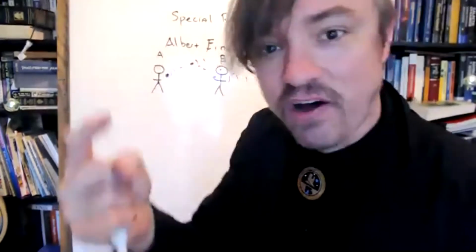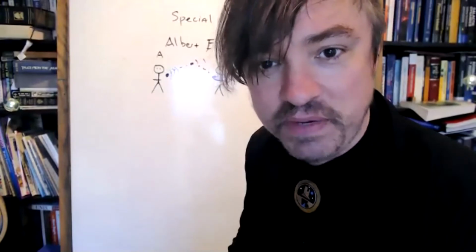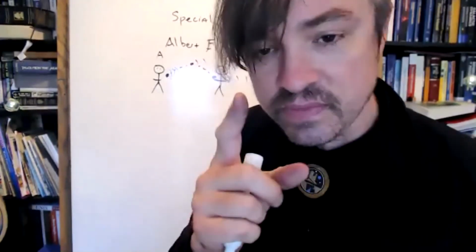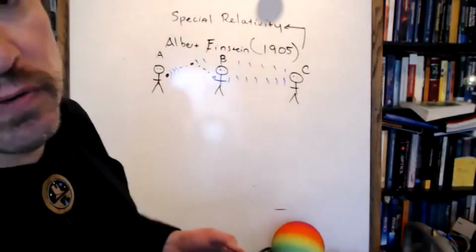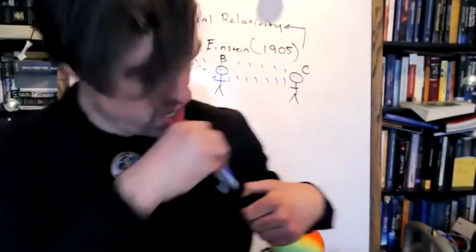And Einstein felt that that was deeply disturbing, that cause and effect would appear to be reversed if objects could travel faster than the speed of light. That does not prove that it cannot be done, however. It just means it's weird, right? Here's what does prove it cannot be done.